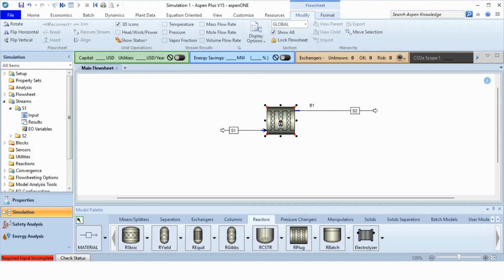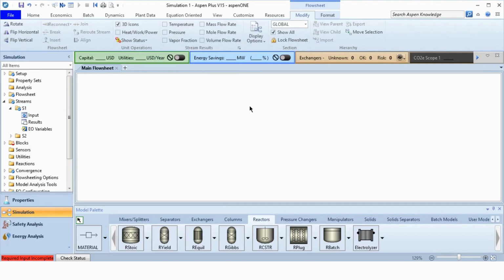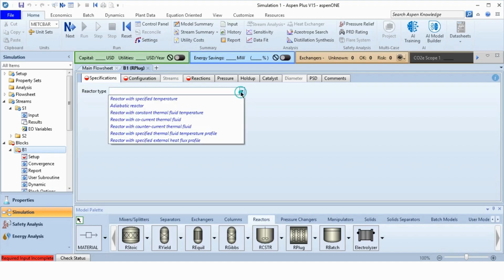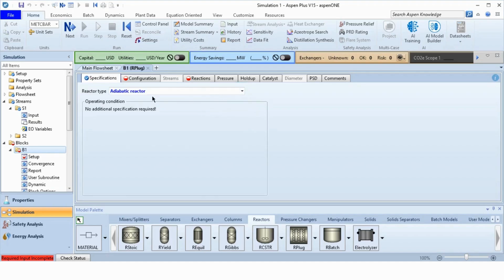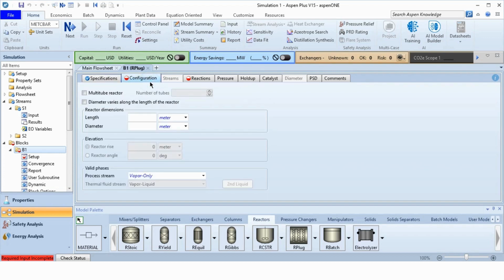If we do not specify it, it will remain 0. Then we'll click on this reactor. Since it is given in the problem statement that it is an adiabatic reactor, we will select the adiabatic option. No additional specifications are required. Going to the configurations, it is a vapor phase reaction, so we will select the process stream valid phase as vapor only. Assuming that the diameter is 1 meter, and since we know the volume is 5 cubic meters, the length will be